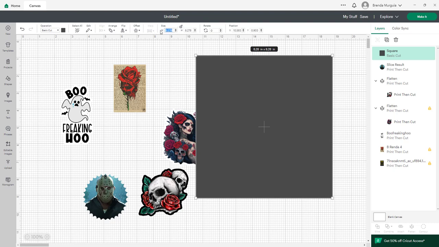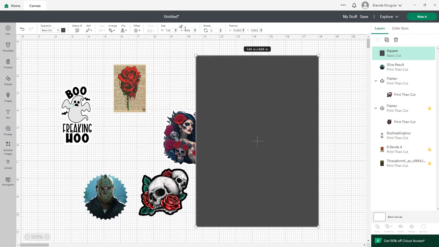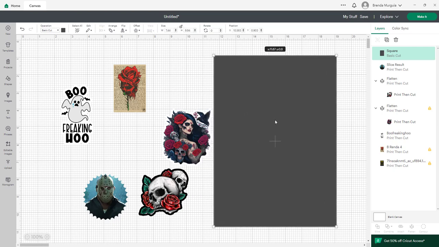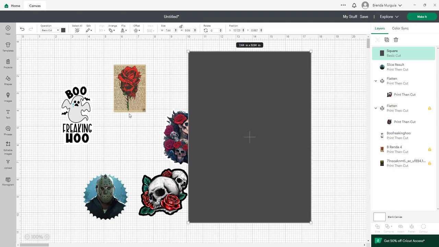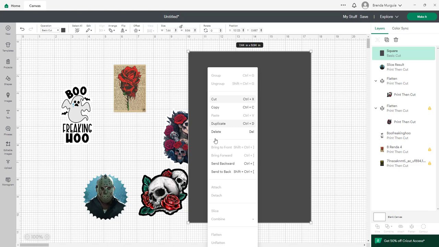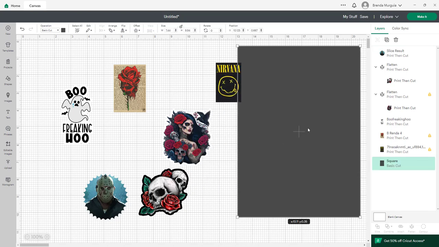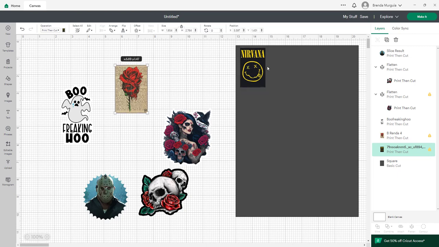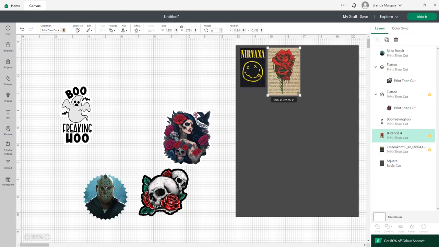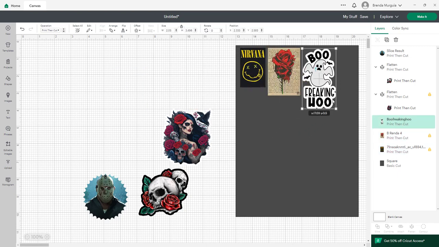We want to make this 7.44 by 9.94. Hit enter, and this will allow us to print all of the stickers onto one sheet. So again, I'm going to send this to the back, and I'm going to put my pictures right on top